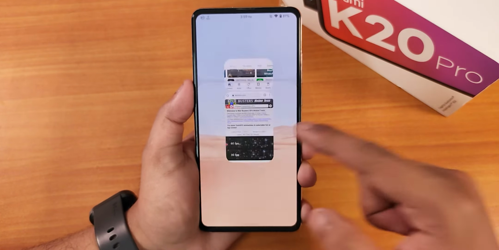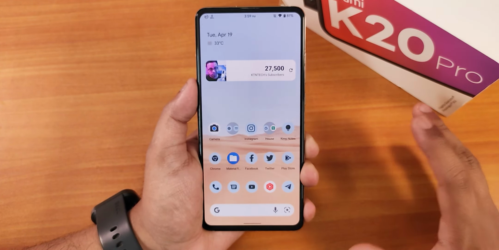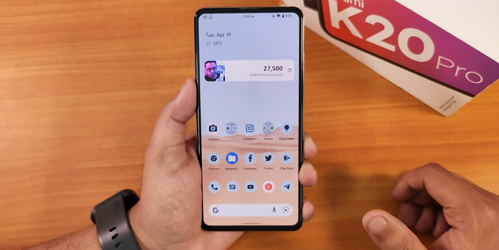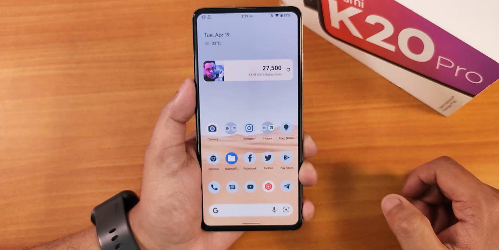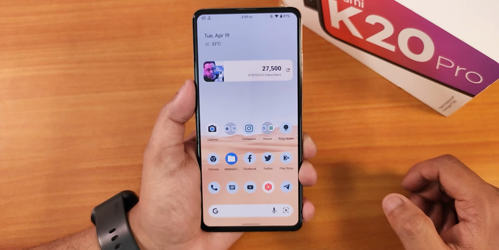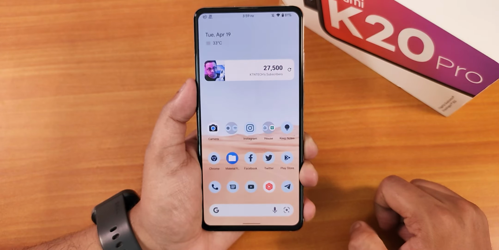So of course, PixelExperience Plus is still an amazing option if you're someone who likes stock Android and you don't need any kind of huge customizations or something. If you want some customizations or better customizations when compared to other ROMs, then definitely this is not the ROM for you. Just go for other ROMs like Evolution X or something, or even the Corvus OS that I have